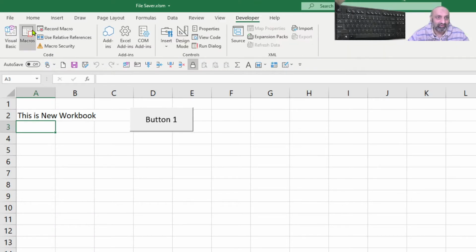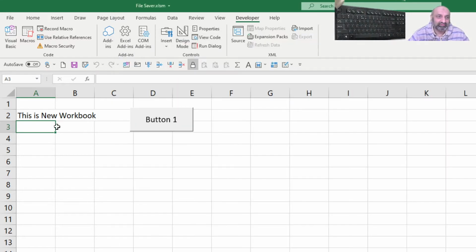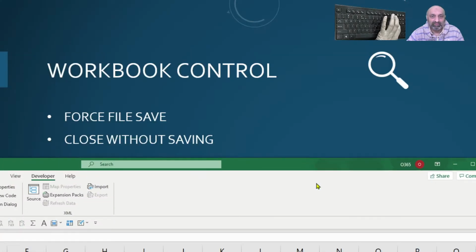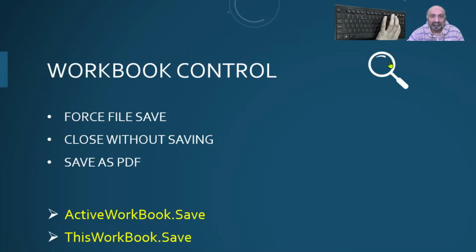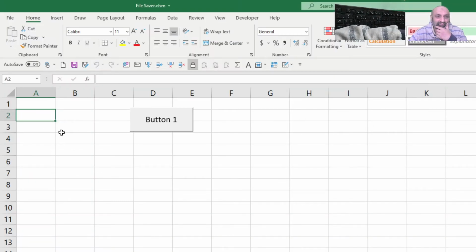So the command was ActiveWorkbook.Save. This is Control S, right? So if I say ThisWorkbook, this will do the same thing. Just let's delete this, press it, and then close it and open it again. And our changes are done.